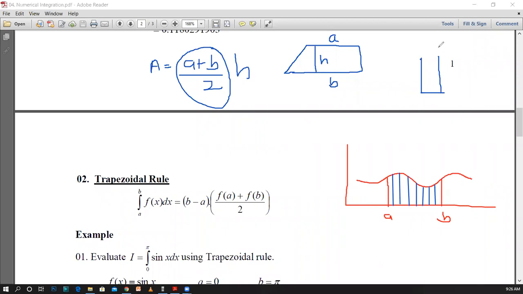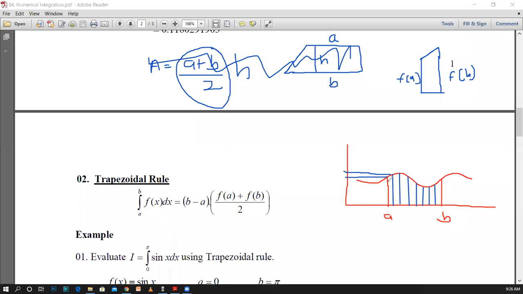Now, if you consider a single part, a very small distance, here you can see these are the values for these two. Just forget about this, this is a general one. If you look at these values, these would be FA and FB. This height would be FA and this height would be FB.